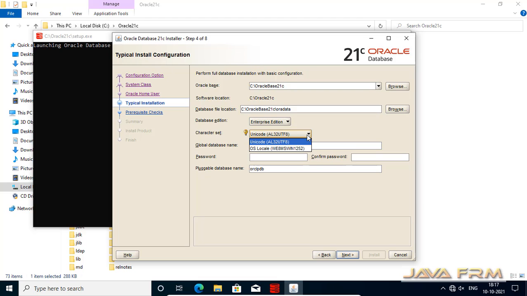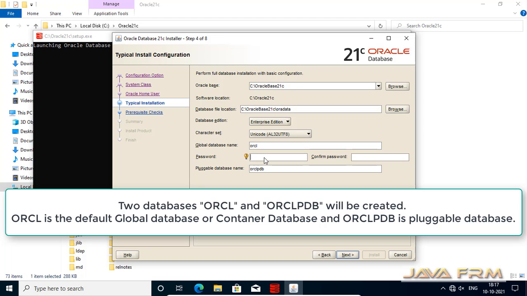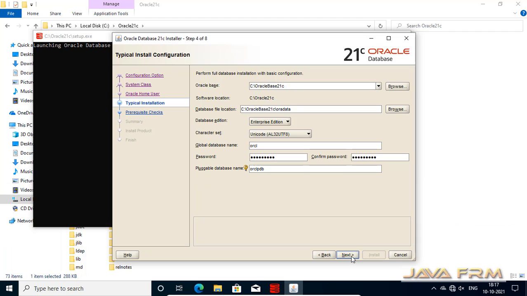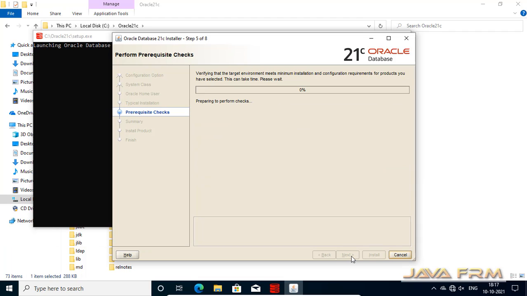You can see that the database files will be installed in the Oracle base 21C directory. The default database name will be ORCL, and a pluggable database will also get installed here. The pluggable database name is ORCLPDB. Provide the password for the administrator. Make sure that you provide the password with alphanumeric characters.